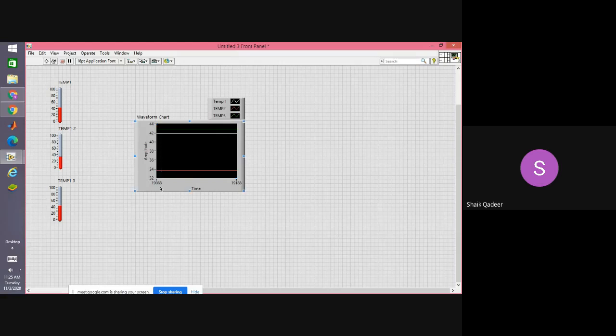Their x-axis is automatically calculated by our waveform chart. The condition is all three must be synchronized, meaning their time intervals, their variation with time should be the same. Then only we can observe them on one single waveform chart. Otherwise, we cannot observe them on a waveform chart.